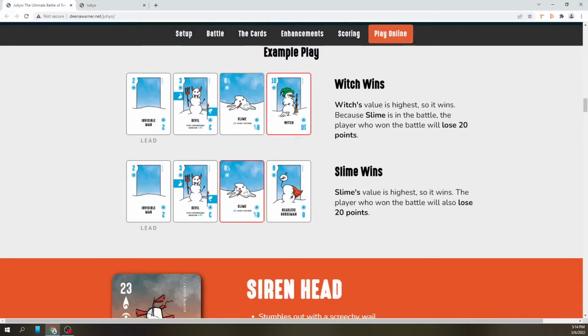By the same token, this could really go badly for player 3. Let's say that the only Gothic he had to play was the Slime, and someone else led with a Gothic, and he throws it down there. So he's going to end up with the highest point value, so he's going to have to lose. Slime is a great card to get rid of if you can. Cause other people to get negative point values, but if you end up with it, then it's going to result in a negative point value for you.